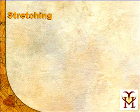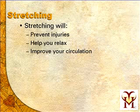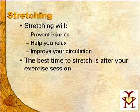Stretching is also very important and goes hand in hand with resistance training, although stretching can also be done with aerobic exercise as well. Stretching will prevent injuries, help you to relax, and improve your circulation. The best time to stretch is after your exercise session. The warm-up is designed to increase the muscle temperature. Once your muscles are stretched and used, then that's a really good time to stretch those muscles and get more